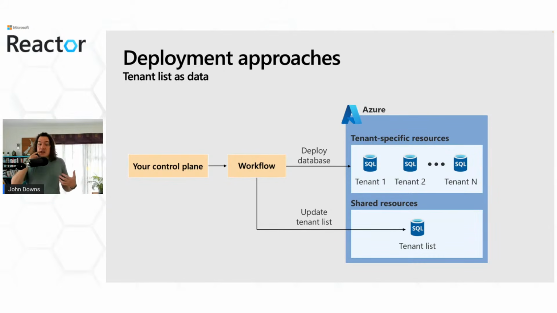Now, this works really well when you need to support self-service onboarding, but you need to have a clear distinction between the two types of resources. First, you need to consider the resources that are dedicated to each tenant. So those are going to be provisioned and managed by your application code. And then second, you have the resources that aren't dedicated to a tenant, they're shared. And those are provisioned and managed by your deployment pipeline. Each of these two types of resources needs to be tracked and managed separately. And you don't want to mix them up.